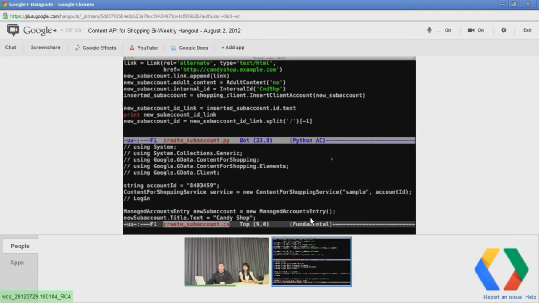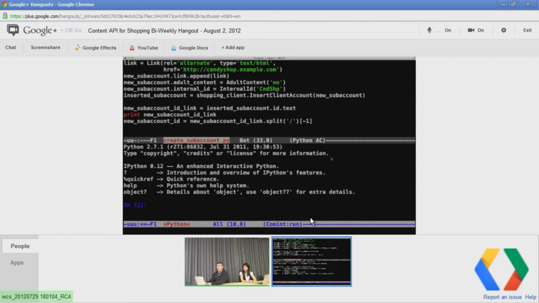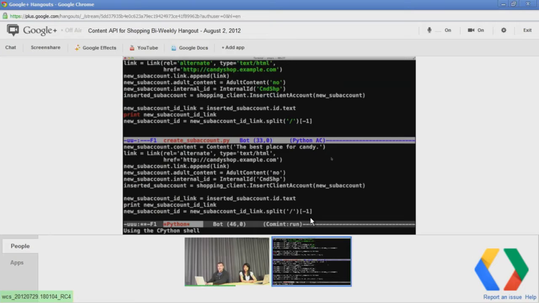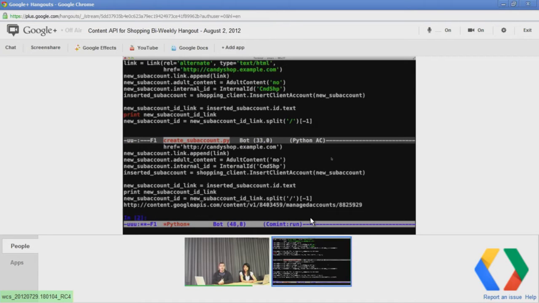So let me quickly spawn a Python REPL. This is one of the other great features of Emacs that I love. And I can actually directly run my code within Emacs from this buffer. So I'm going to just call this command to run the code. And now we send our request off to the server. And there we go. We got the response back, and the actual ID link that's in the inserted sub account we got back is